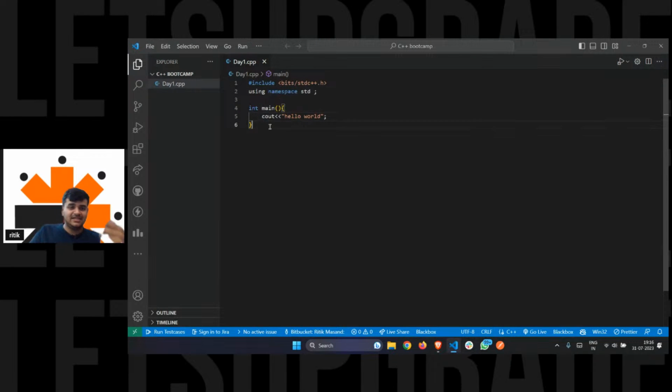Now what do I mean by the starting point? Let's suppose I have a function called a, and I'm writing some lines of code in it, with some logical operations as well.